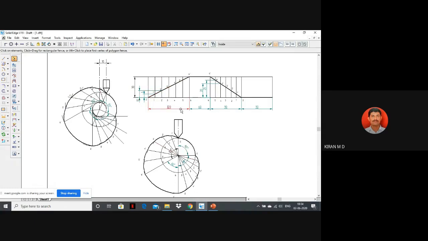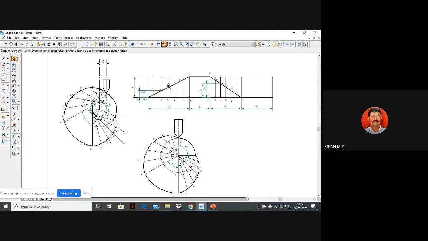Here we are going to consider the angle of lift, angle of dwell, angle of return, then angle of dwell, and stroke, and which type of motion. For lifting and return stroke, what type of motion is there? We are going to consider this parameter in the displacement diagram. The purpose of drawing the displacement diagram is to get the distance from the base circle, base circle means this line, base circle of the cam to the lift of the follower at the particular point.